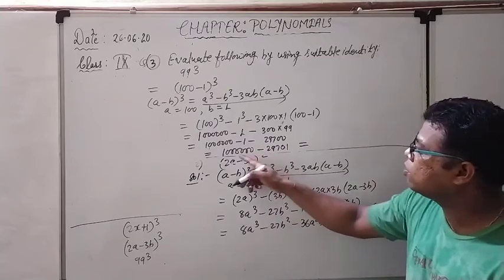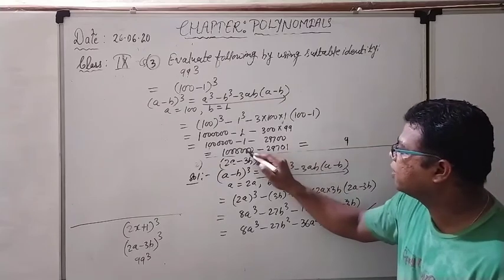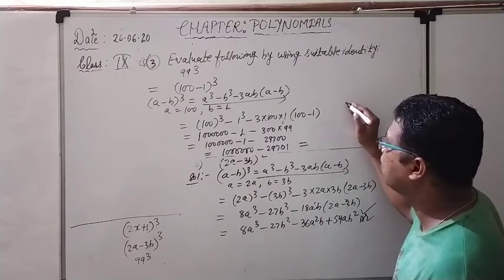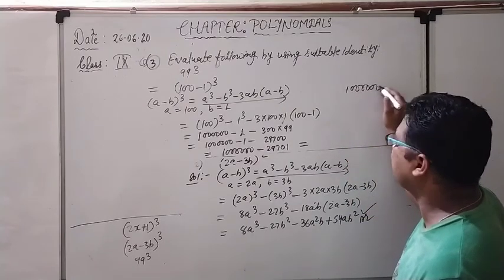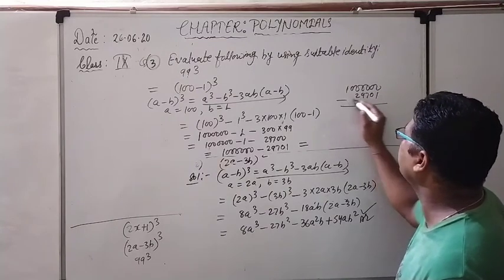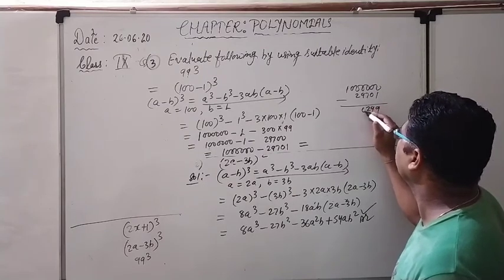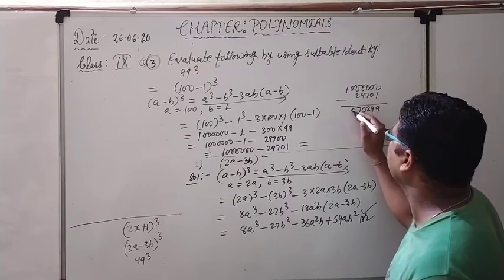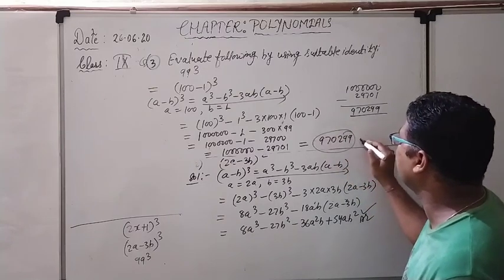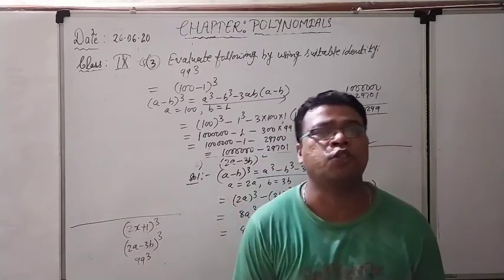Yes. Right now subtract the thing. See how I am subtracting. 10 minus 1 is 9. And after that see here, you can subtract easily. Write down, see, 1,000,000 minus 29701. Subtract. So this is the answer, 970299. This is going to be your answer because you know how to subtract. So till here I am going to finish my lecture. Next time we will see some more varieties of the question. Till then, thank you so much.